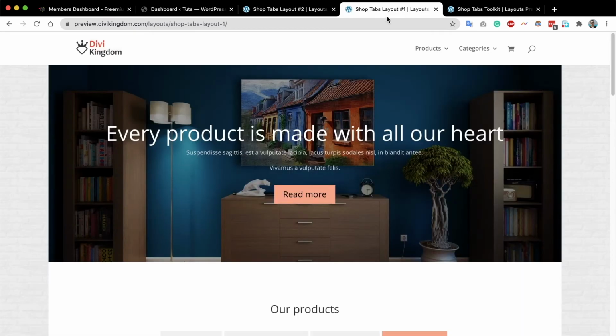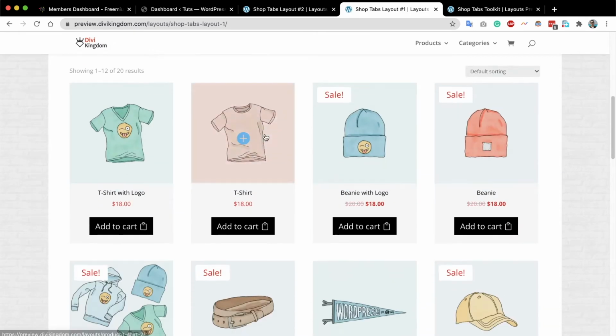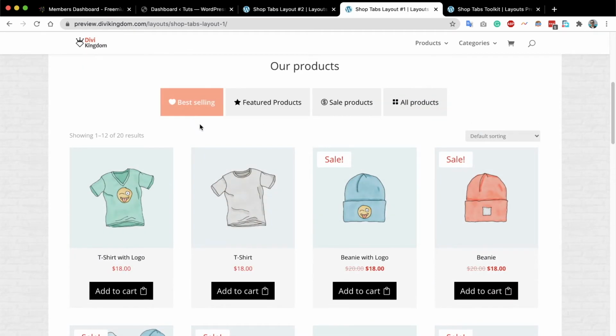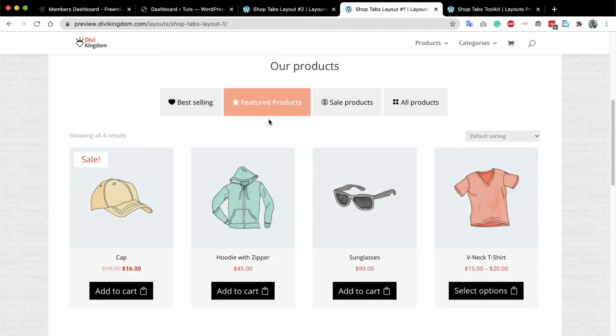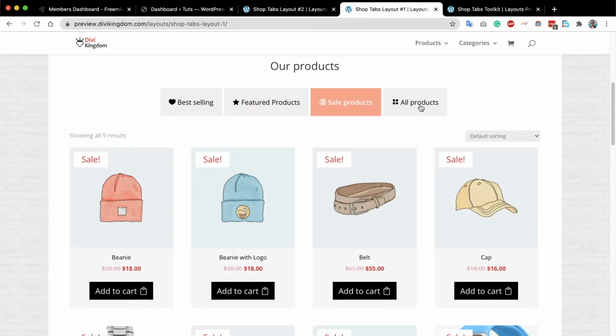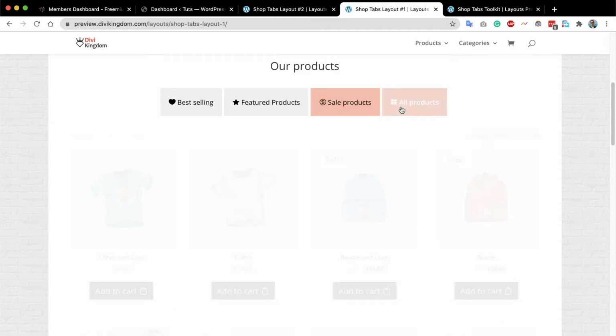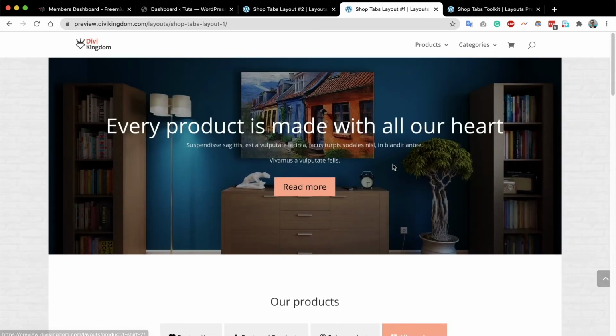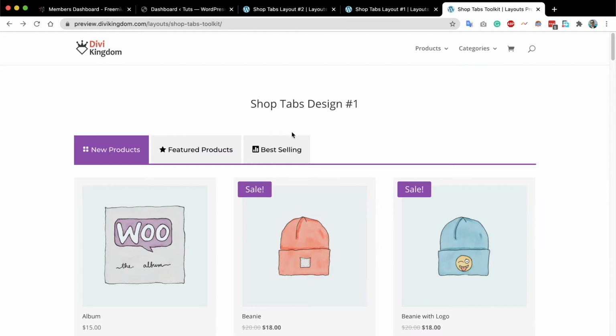And if you look at my other layout, if I scroll down, you can see I have also created a module of 4 tabs, one for the best selling, one for the featured products, another one for the sale products, and another tab to display all of my products. And if we look at this layout, it has 5 designs for now, and this is the first design,